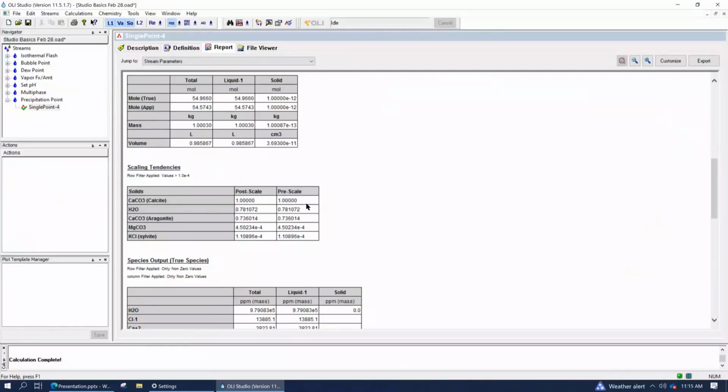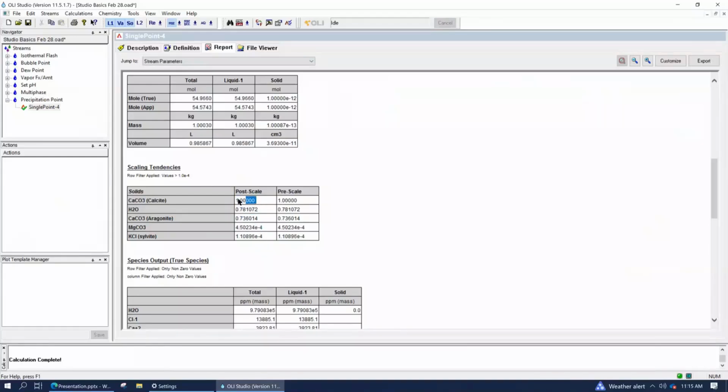Especially for the post, you probably don't see the pre, so ignore this for now. So you can see one entry where the value is equal to 1. That 1 means that that solid is present in the system. That's because we forced it to be present. Everything else has values of less than 1, which means those solids are subsaturated.